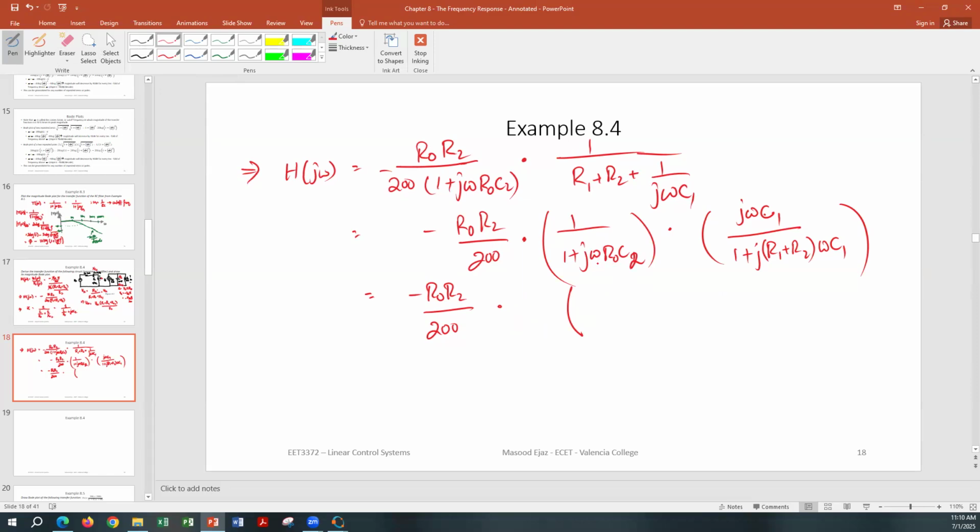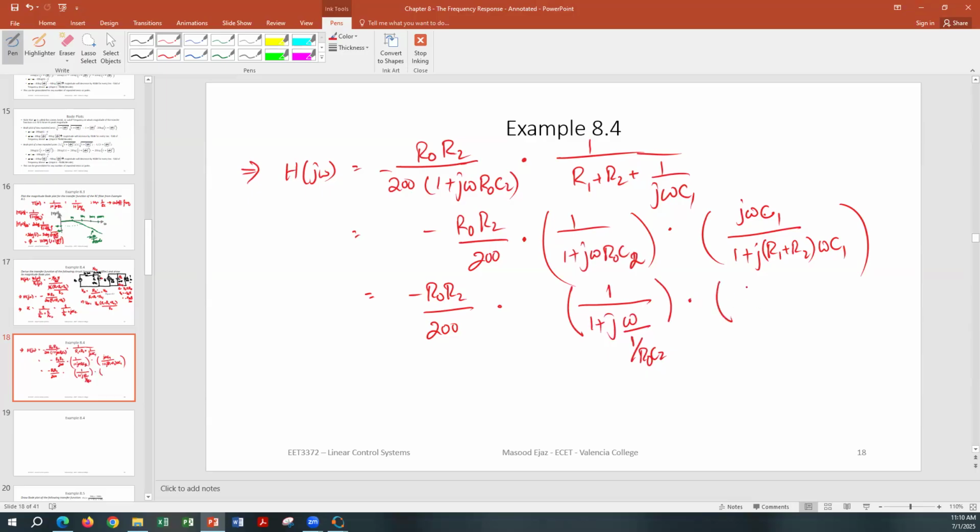Let me see. I want to write this down as omega over omega 1. Omega 1 will be 1 over R naught C2. So let's write this down. 1 divided by 1 plus j omega over 1 over R naught C2, which will be omega 1